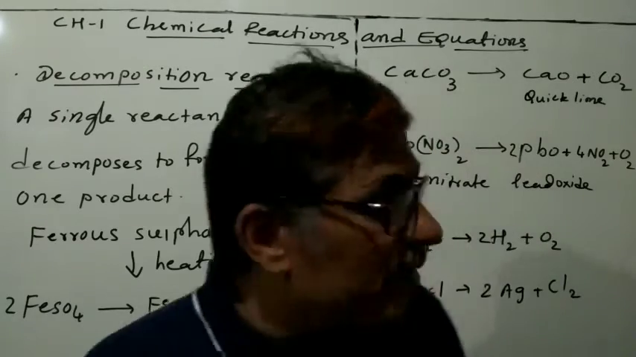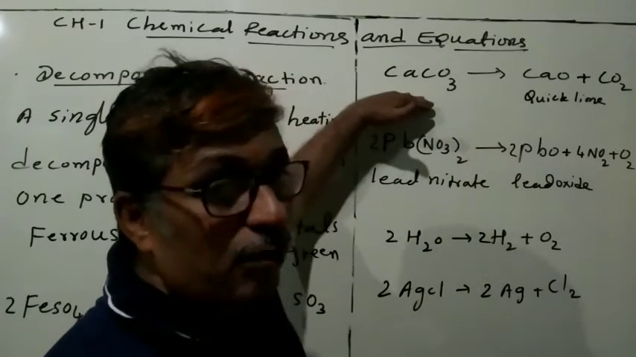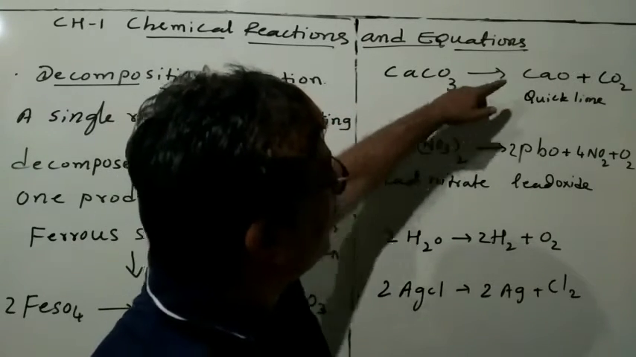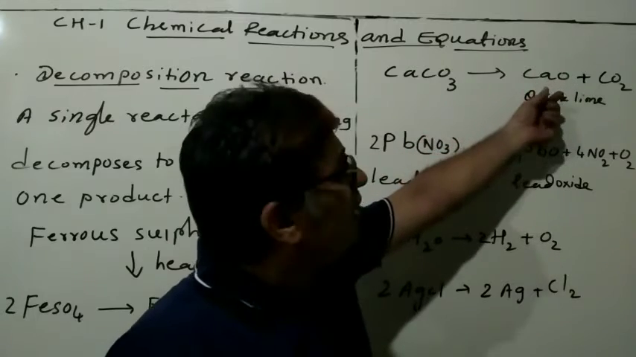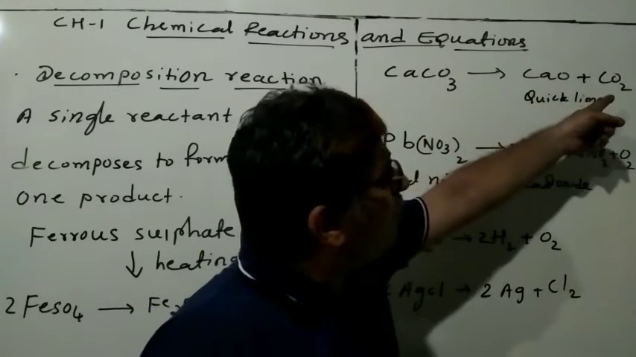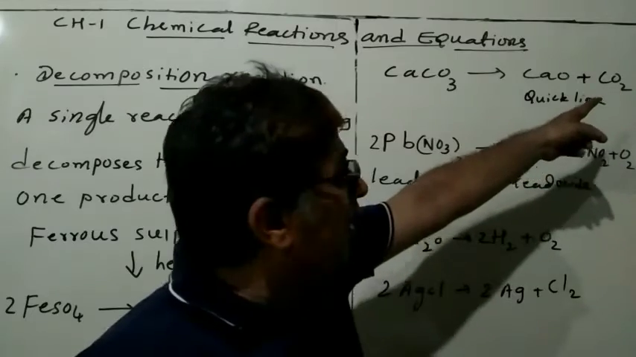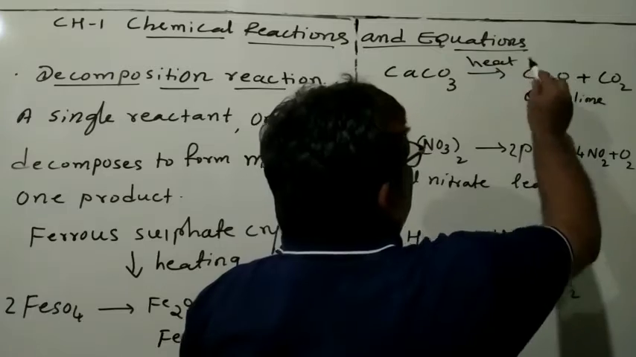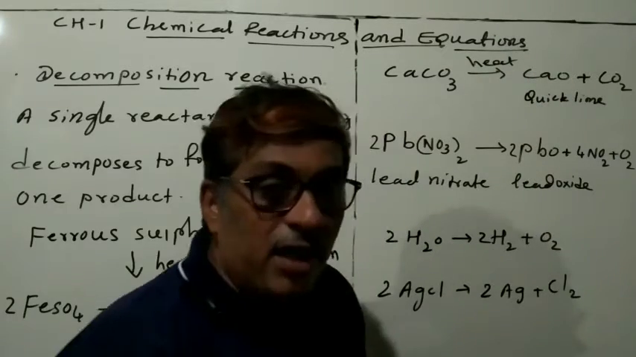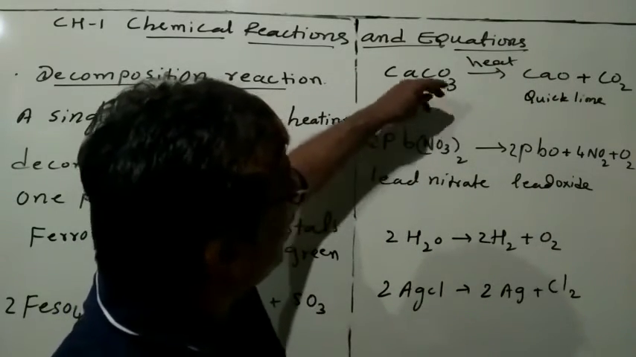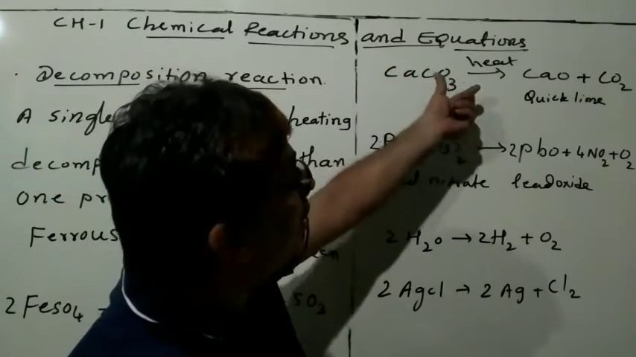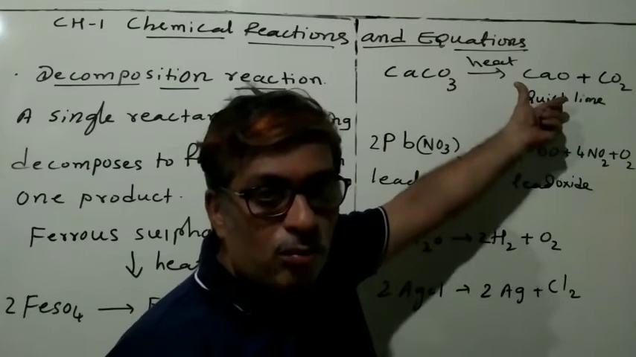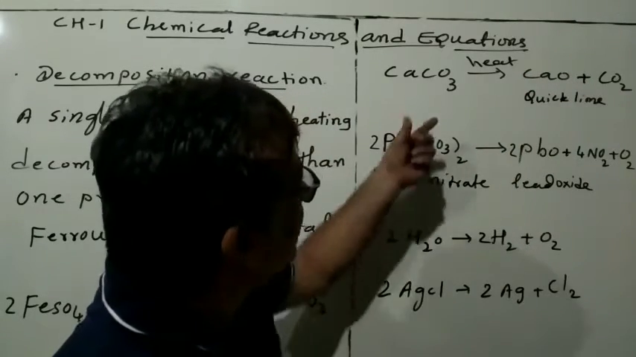See one more example, decomposition of calcium carbonate. Calcium carbonate is a solid. On heating, you get solid calcium oxide, which we call quicklime, and it liberates carbon dioxide gas also. So you get calcium oxide and carbon dioxide. Here also a single reactant decomposes to form more than one product, or two or more products. So this is also an example